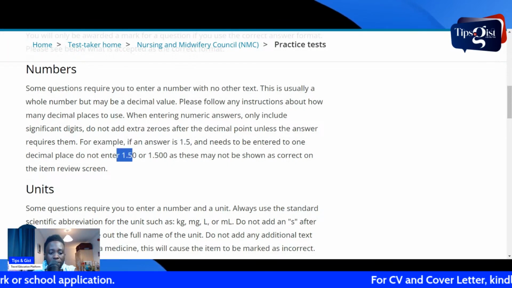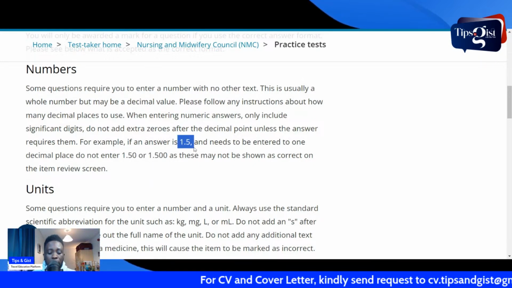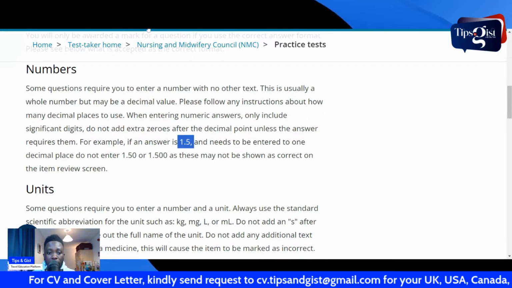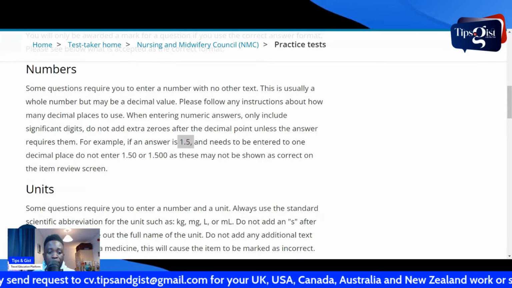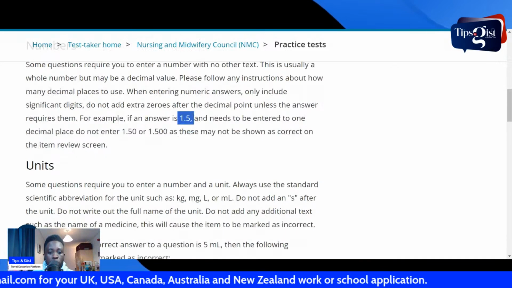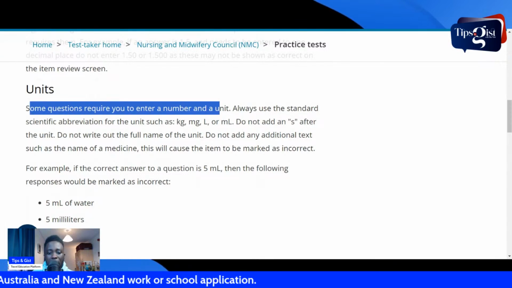You don't say 1.50 or 1.5000. You don't add the 0, right? Just enter 1.5. If they say a drug calculation and you say maybe 1.5 mils, you just say 1.5 mils. You don't say 1.50 mils, right? That is what they are trying to say. So just note that. Now, when it comes to unit, some questions require you to enter a number and a